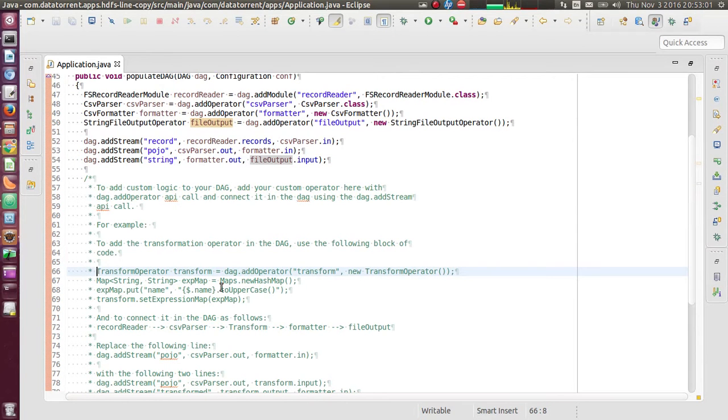For this particular transform operator, we are saying the expression is: field name should get mapped to, from the incoming POJO, get the name field and convert it to uppercase. So we are transforming the incoming object in such a way that the name field of the incoming object is transformed to uppercase.